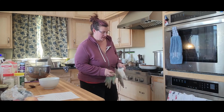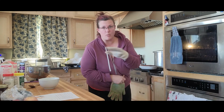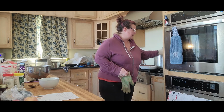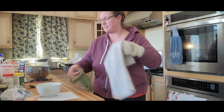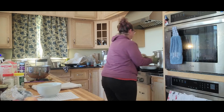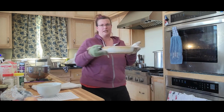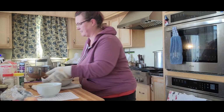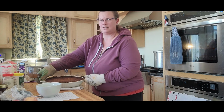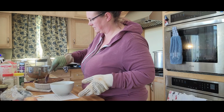So this is not a recipe I have made specifically before. 45 minutes, way too long. I put it in, I stopped it at 39 minutes because I could smell it and I thought it had boiled over. The top is a little overdone. It still tastes good though. So, it's a little darker than I'd like. However, it's still delicious, I'm sure. So you can see she's a little dark on the one side. But essentially,